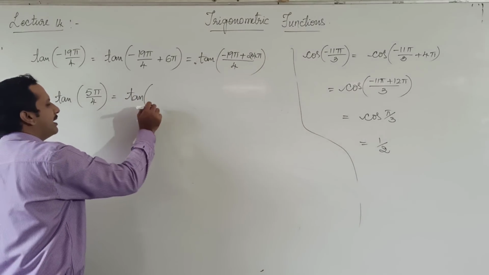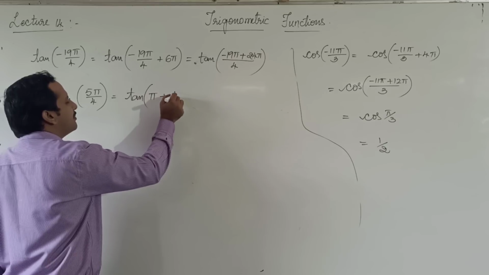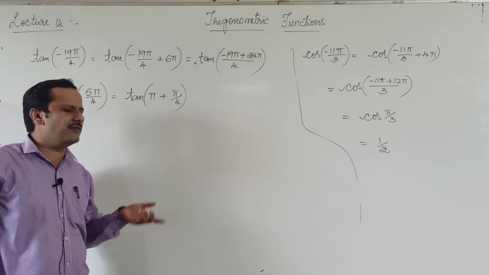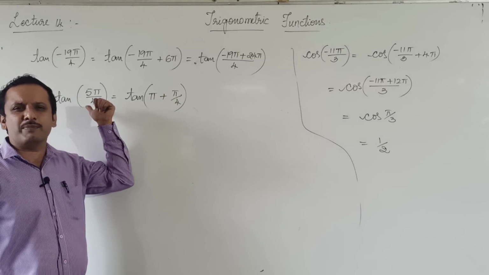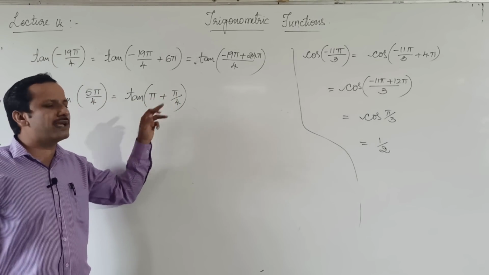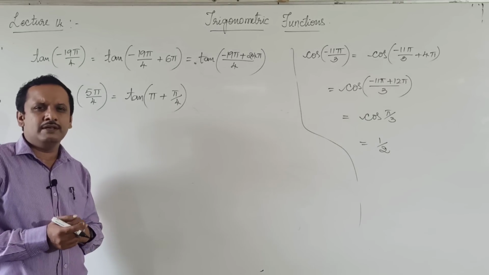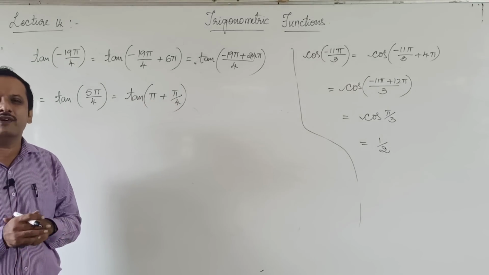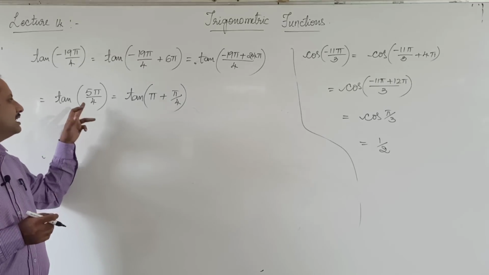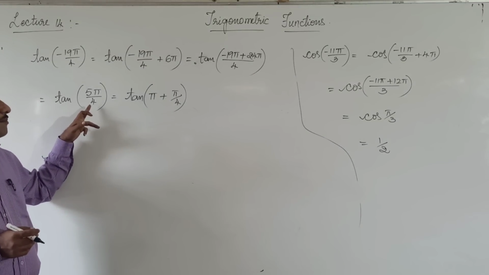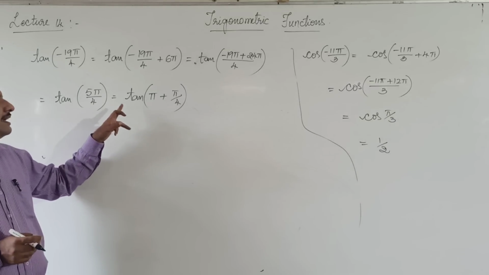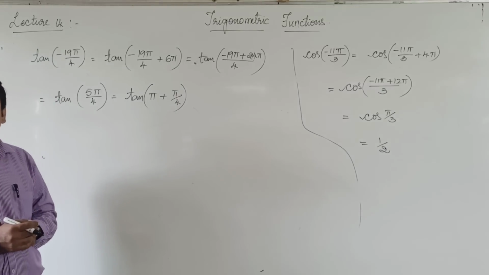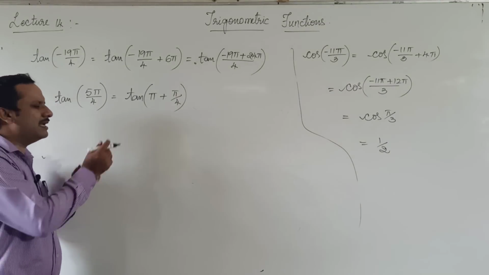Okay, now I am writing 5 pi by 4 as pi plus pi by 4. Now you may be thinking, sir, how do we get to know that it is pi plus pi by 4? You take LCM here. 4 is the LCM. 4 pi plus pi, 5 pi by 4, right? So 5 pi by 4 can be written as pi plus pi by 4. Why pi only? It is because I am using tan of pi plus theta. That means tan of 180 degree plus theta. That formula I am using. Okay? Or else if you want, you can write 5 pi by 4 as 3 pi by 2 minus pi by 4 also. 270 minus theta also you can do. So tan of pi plus pi by 4.